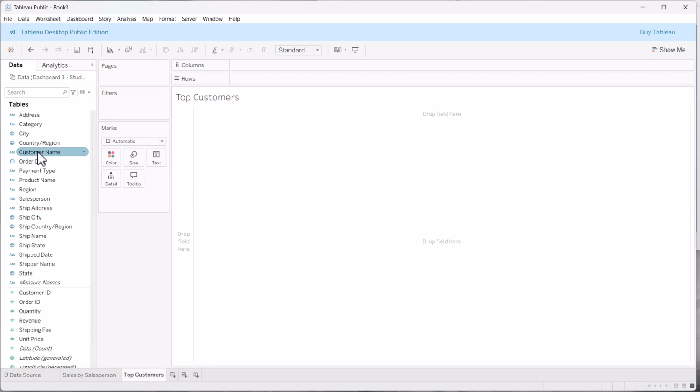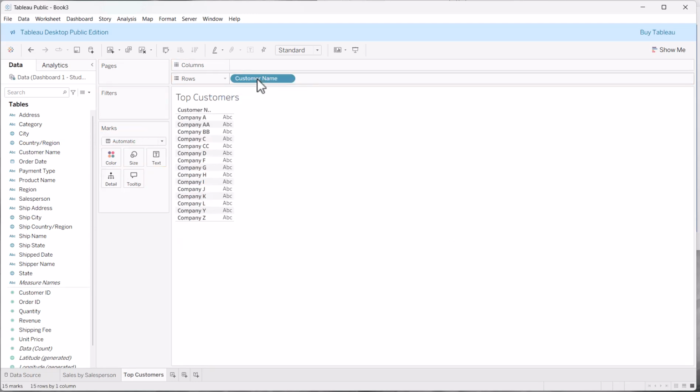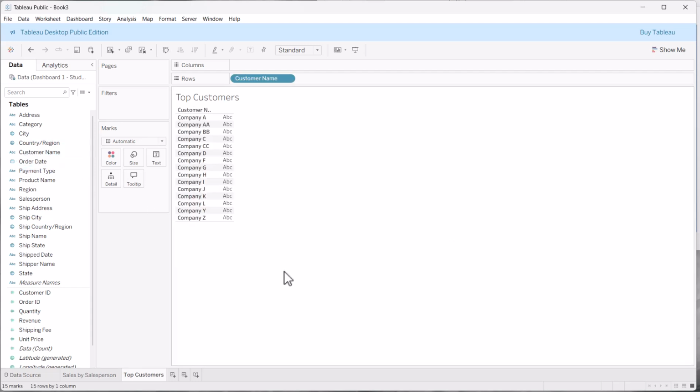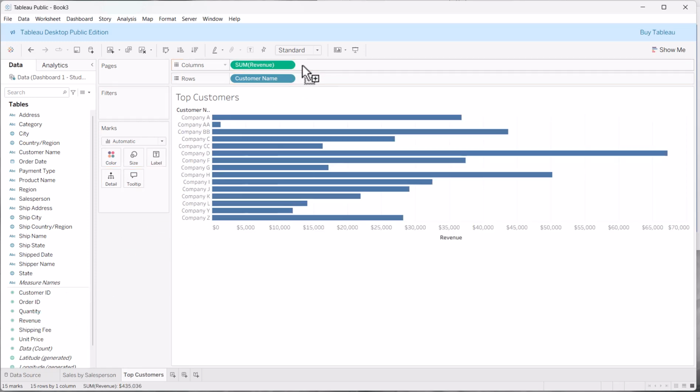So I want to get the customer name, and you can either drag it into the rows, or let me take that back off. If I double click on it, then Tableau looks at it and says she probably wants rows. And then I want to do this by revenue. So take revenue, drag it into the columns. There's my bar chart. I want to sort it